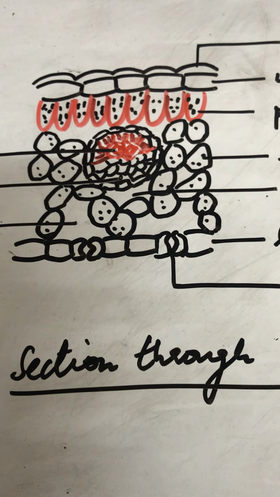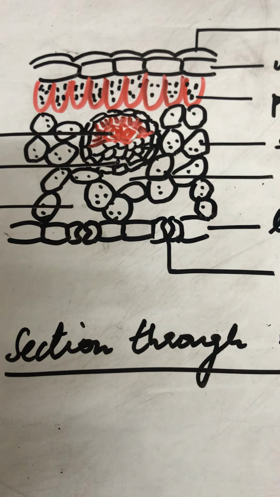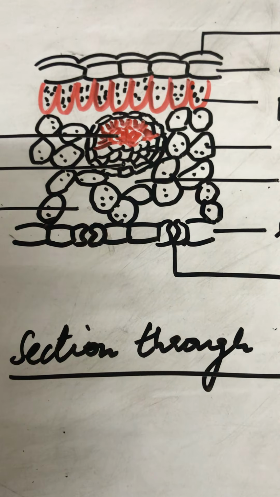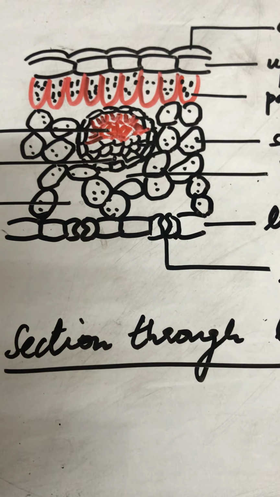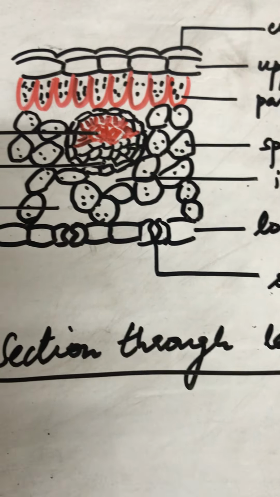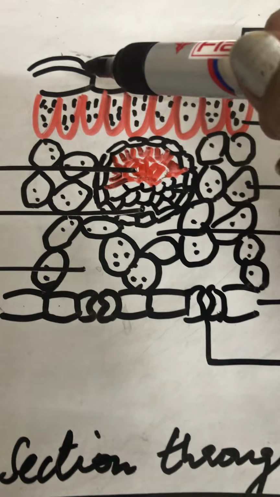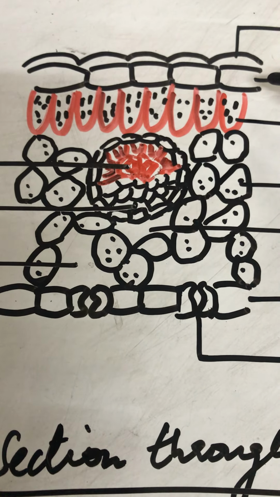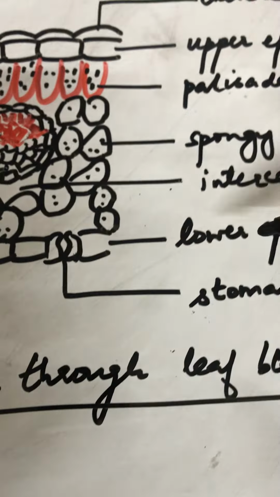Now I would be explaining to you the mechanism of transpiration. But before I do that, I want you to understand the structure of a leaf and basically what it looks like from inside. So to understand that, take a good look at this diagram. These barrel-shaped cells constitute the upper epidermis. This is a section through a leaf blade.